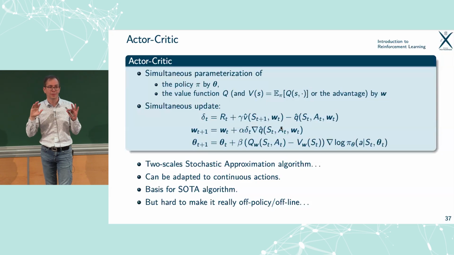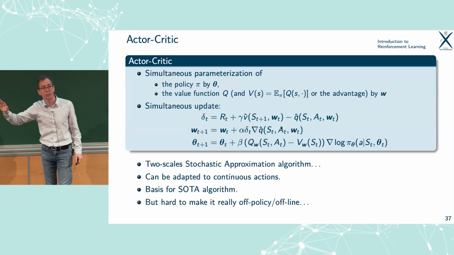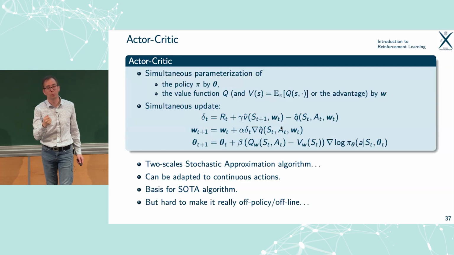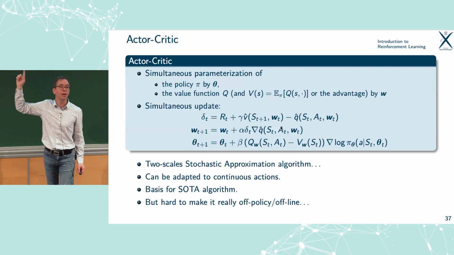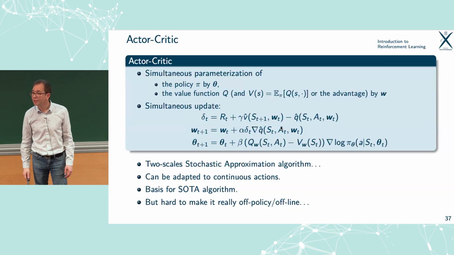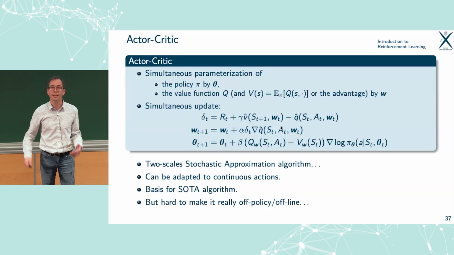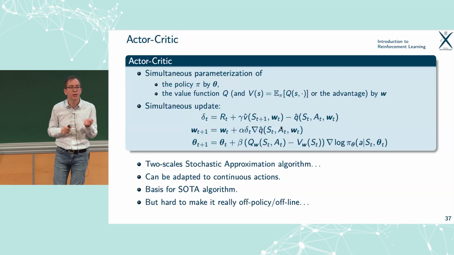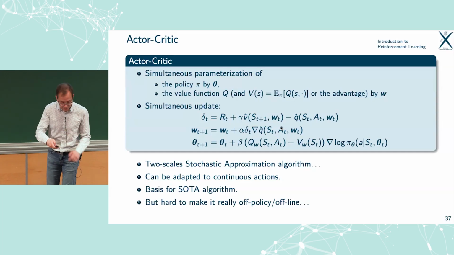If you move them in an arbitrary way, you may diverge. If you are careful and move one piece slower than the other, and the piece that you should move slower is your target, the policy, it's much better. And that's the type of algorithm that is used, for instance, in ChatGPT. You may have heard that they used reinforcement learning from human feedback, and the final algorithm with which they are tweaking those large language models is based on this idea.